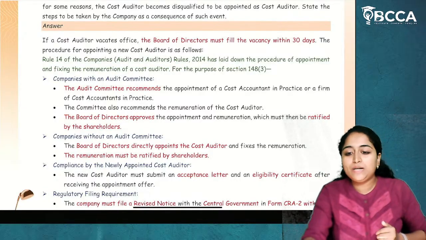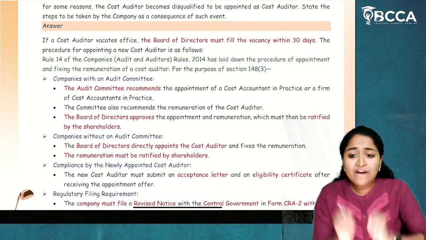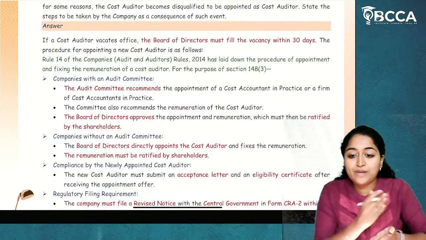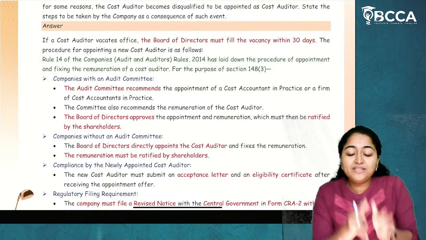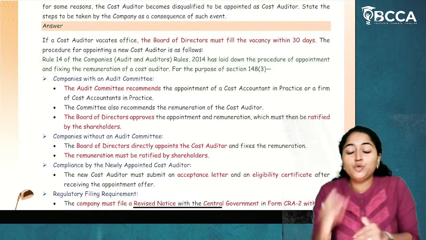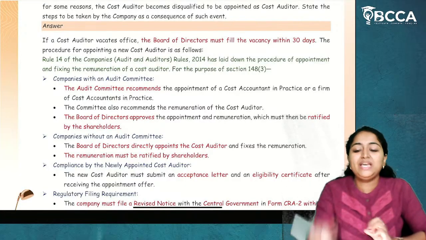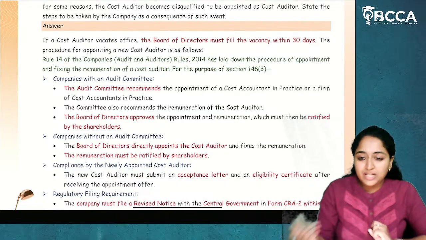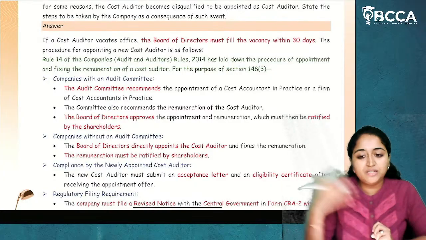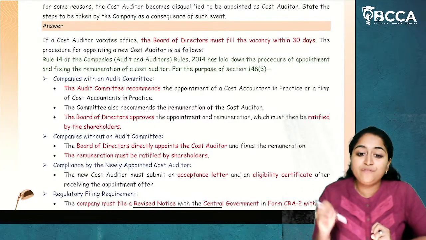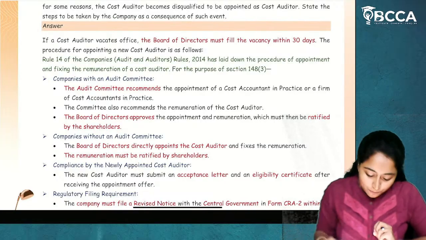The engagement letter will be given, the consent letter will be obtained, the certificate will be obtained, and after his appointment, within 180 days from the commencement of the financial year, here it is not there because he is a new cost auditor. So within 30 days of the appointment, form CRA2 will be filed to the central government as a notice intimating about the cost auditor appointment. Then after that, they will collect a cost audit report, and after collecting the cost audit report, within 30 days it will be filed to the central government in form CRA4. You have to write about forms, you have to write about the limits also.